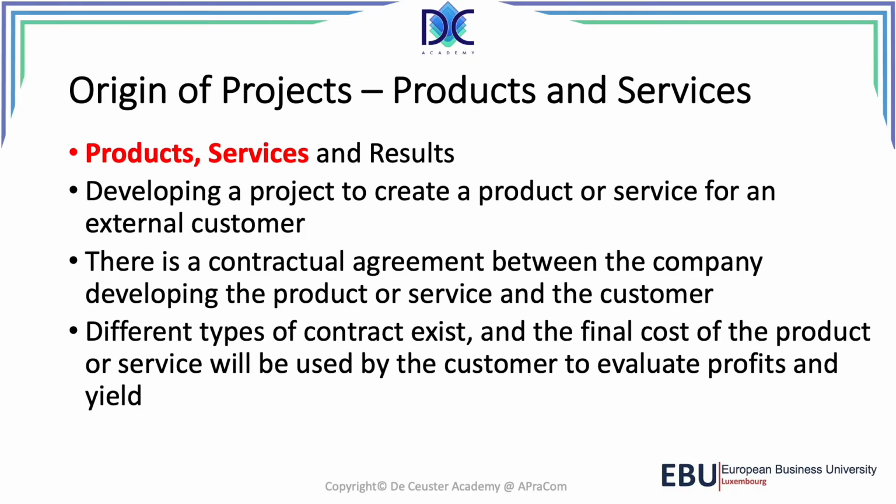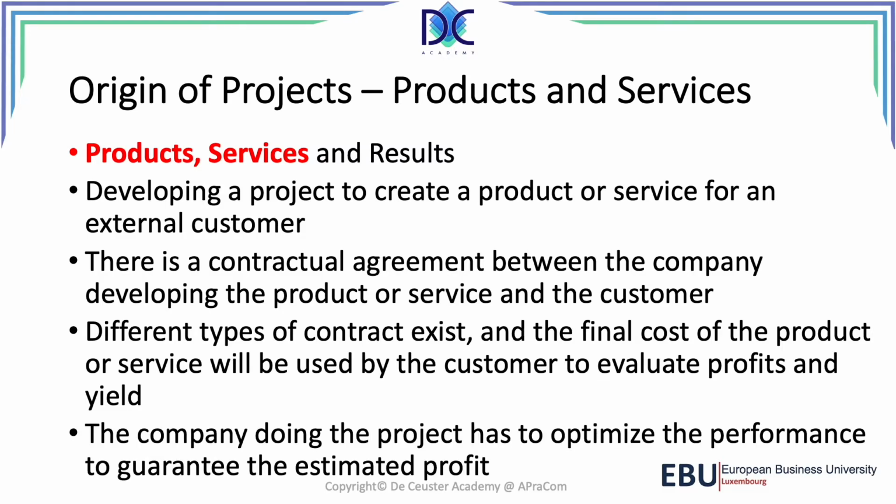So basically, when we make a deal, we have a certain cost that we charge, we invoice the customer, and that's the initial investment that the customer uses, and they will use that initial investment to evaluate their profit and the yield of the investment. So based on that information, the company doing the project, on the other hand, has to optimize the performance to guarantee the estimated profit. So when we in AT&T were selling a wide area network to different customers, we had